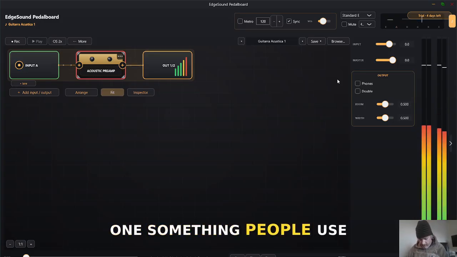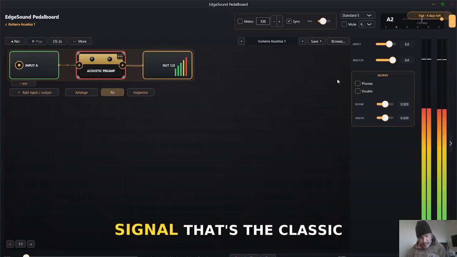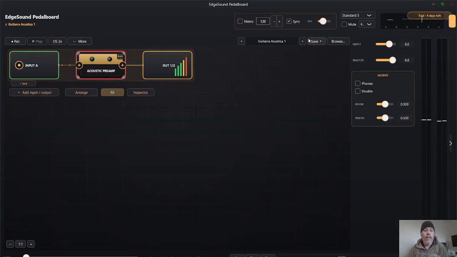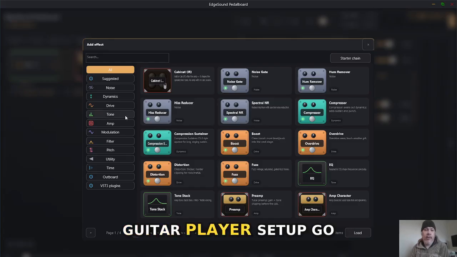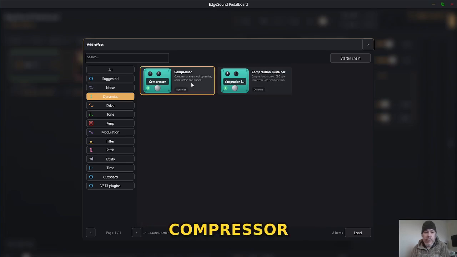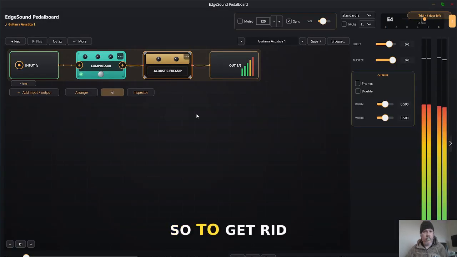Something people use a lot is a compressor to squeeze the signal. That's the classic guitar player setup. Go to Dynamics, and we can add a regular compressor. You'll notice this electrical sound, this static. So to get rid of that,